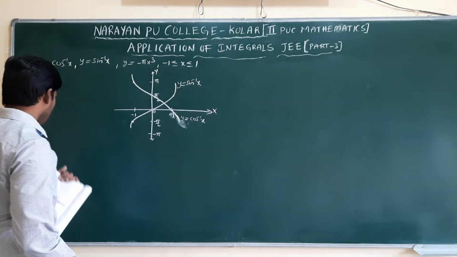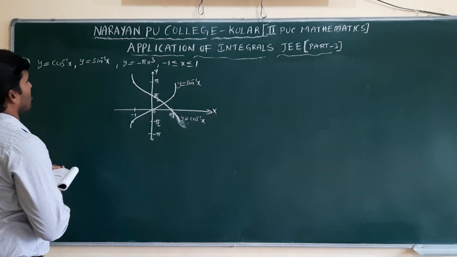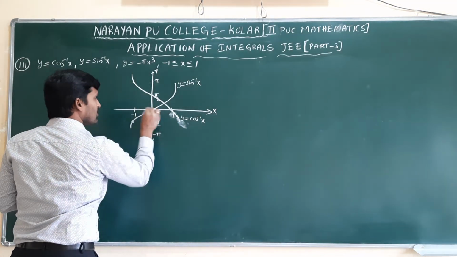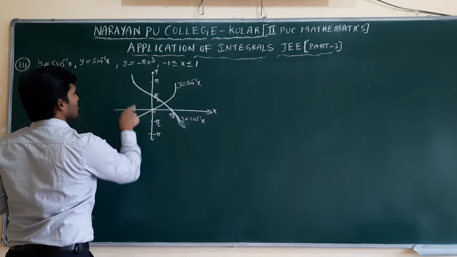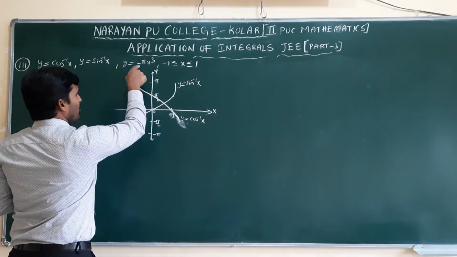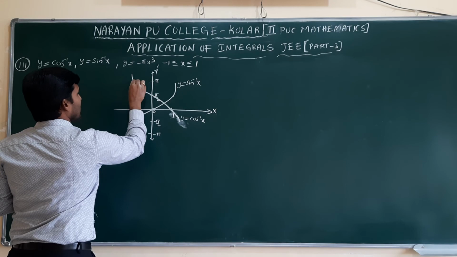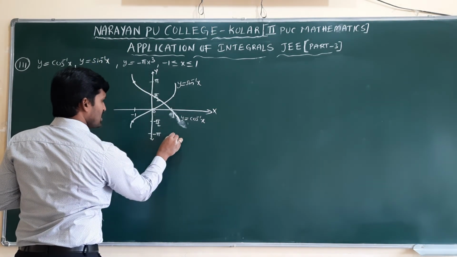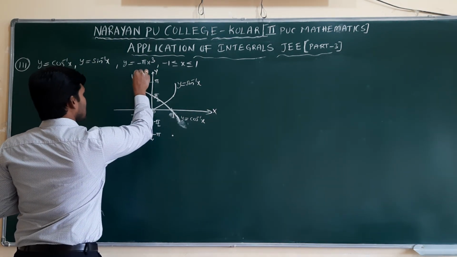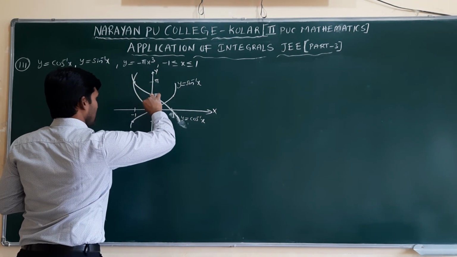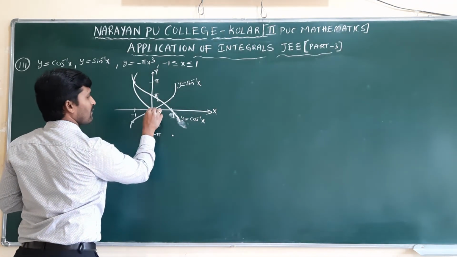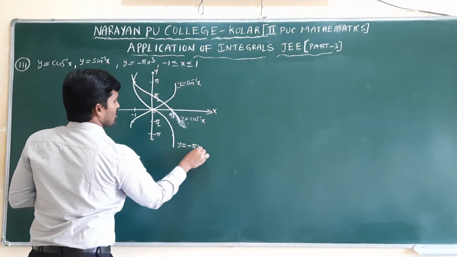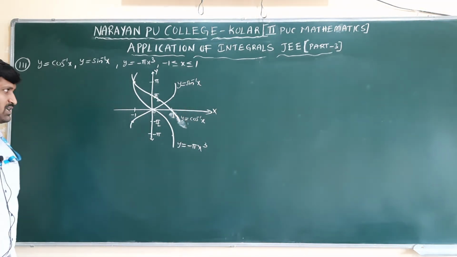Next, one more is there, which one? We need y is equal to minus pi x cube. First, x value 0, y is also 0. x value minus 1 whole cube is minus 1, minus of minus is plus, so it will come here only. If we take 1, you will get minus pi, but it is not required. This is a curve, you will get it like this. This is which one? y is equal to minus pi x cube graph.